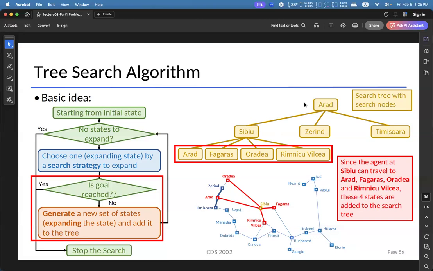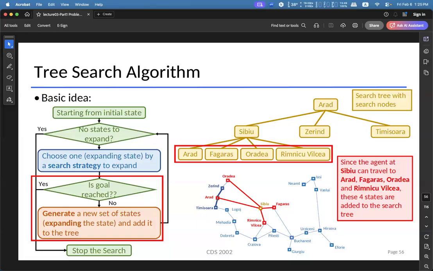You will find that the node Arad is pointing to Sibiu and Sibiu is pointing to Fagaras. This hierarchical relationship is representing the real path from Arad to Sibiu to Fagaras. So you can consider the search tree as recording all the possible pathways we have explored so far.